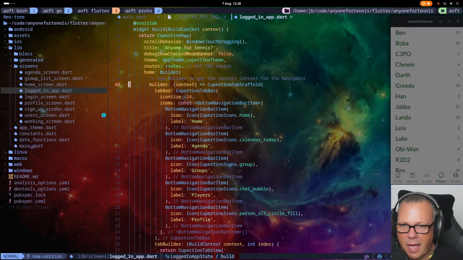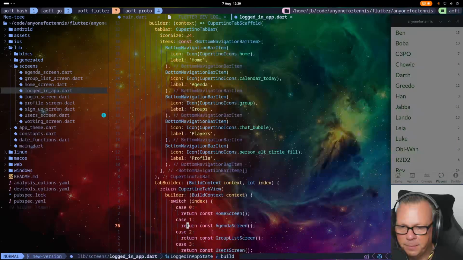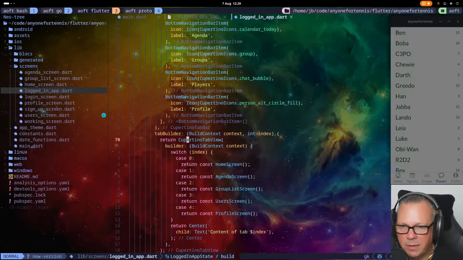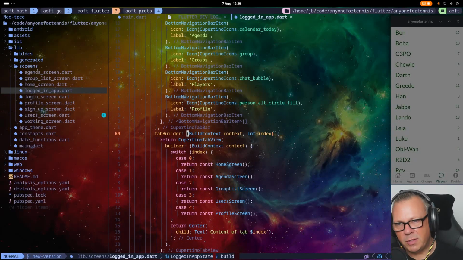And then we've got our bottom navigation bar within the Cupertino tab scaffold, with the various icons: home, agenda, groups, players, and profile. And then in conjunction with that, we have our tab builder. I don't think we do need those routes,